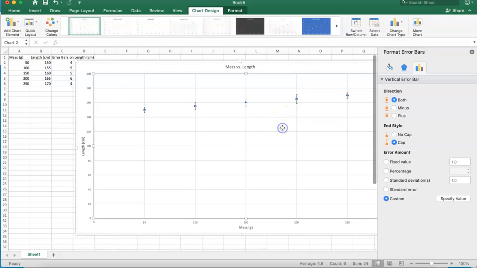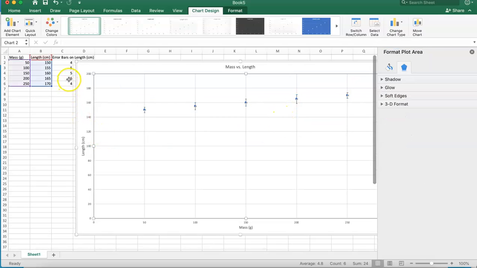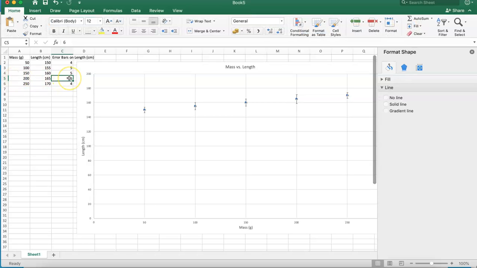And as a result, just as a quick check, you can see that for my 200 data point, I had my largest error bar at 6, and that for my lowest and highest data points, I had my smallest error bars at 4. Just doing a quick spot check, my lowest and highest error bars do look a little bit smaller. My 200 error bar does look a little bigger. So I'm convinced that they have appropriately been applied. So at this point, we have our vertical error bars, and now we're going to transition to our horizontal error